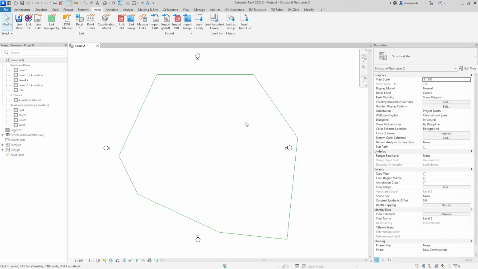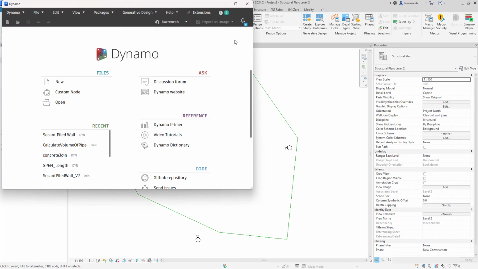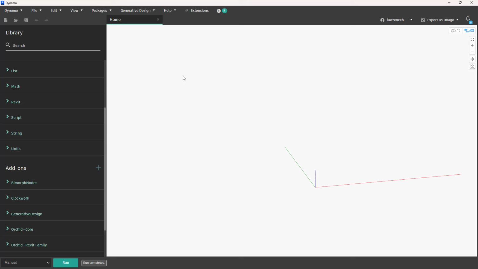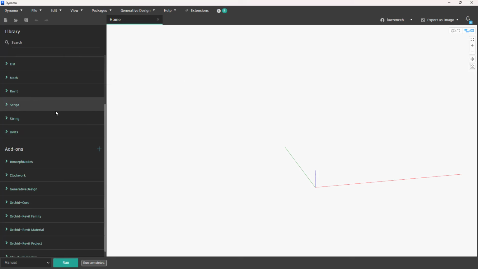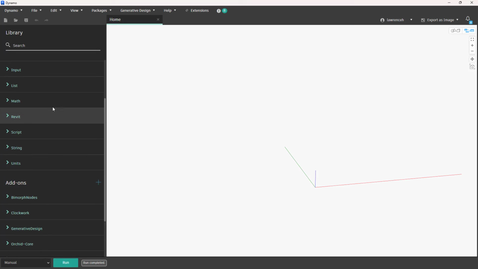So we're now ready to start to create the Dynamo script itself. To do this, we'll select the Manage tab, we'll select Dynamo. So once Dynamo starts, we'll maximise the software and create a new Dynamo file. So the library on the left hand side, I've zoomed into this a bit by holding down the control key and just rolling my mouse wheel forwards or backwards. So I'm just going to make it bigger so you can clearly see where I go within the node